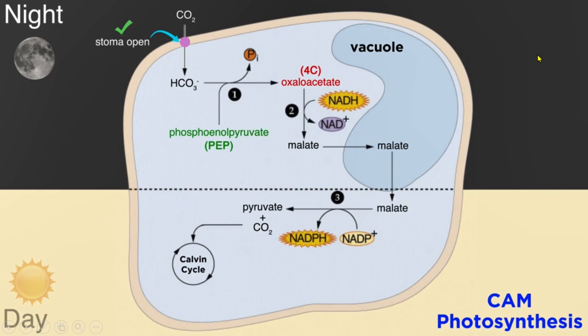So very interesting. So here it is. The carbon dioxide is fixed to a 4-carbon oxaloacetate, and then it will be stored inside the vacuole at night time, where the stomata are still open to allow carbon dioxide. Once it's daytime, the stomata will close, but no problem, because the 4-carbon molecule will release the carbon dioxide